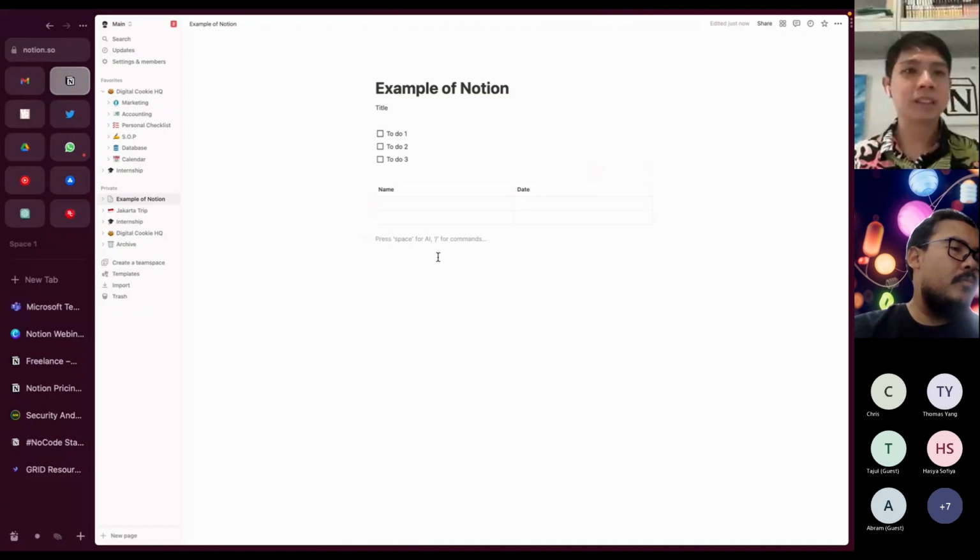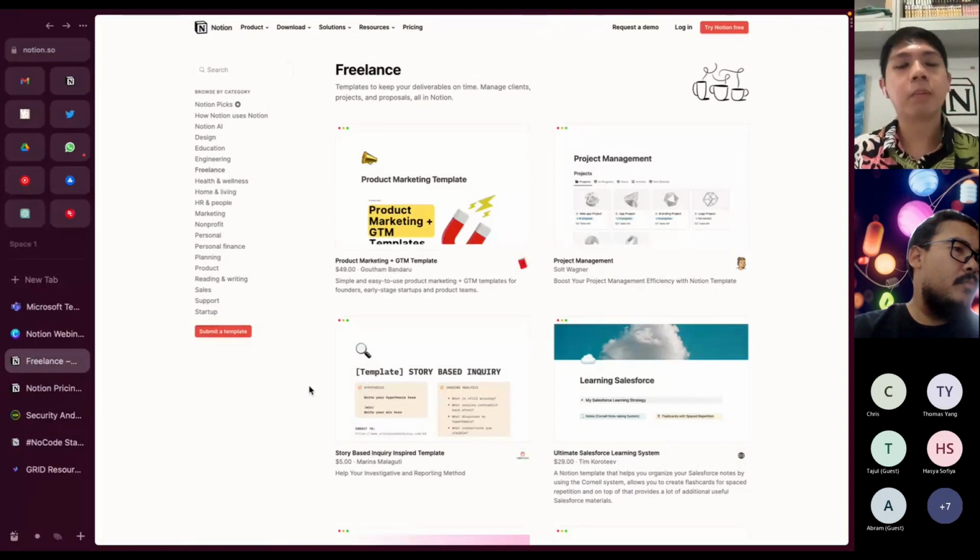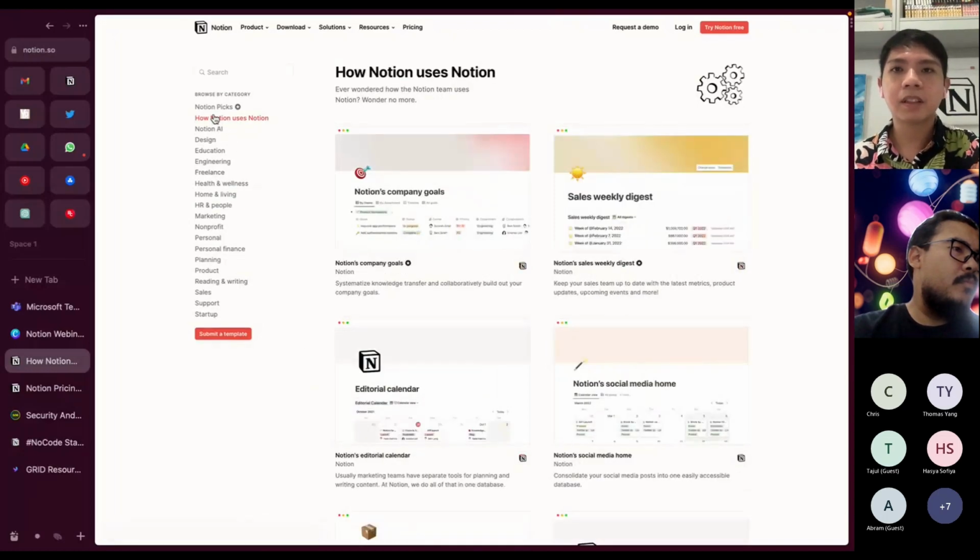But there is also another, more complex side of Notion, in that it can do a lot of different things. For example, I mentioned earlier, project management, or time planner, or even content creation, which I'm going to show you. But just to give you a sense of why Notion is so popular: one of the reasons it is popular with the younger generation nowadays, and even with more companies lately, there are a lot of bigger companies that adopt Notion for up to 500, 1,000 users, is that it's very easy to pick up because they have templates.